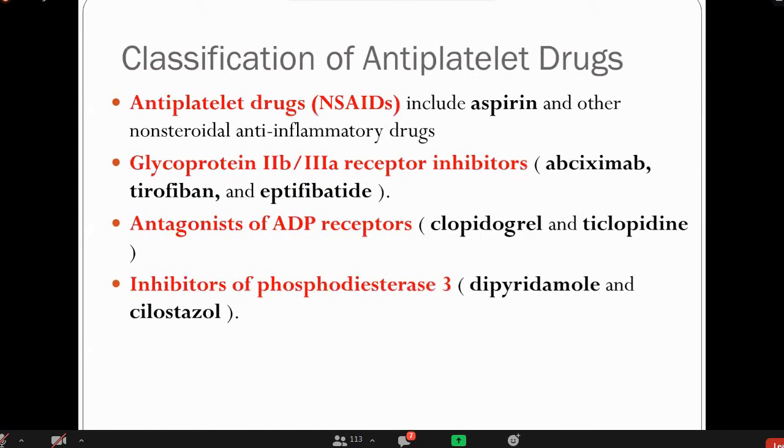Classification of antiplatelet drugs. Antiplatelet drugs like NSAIDs include aspirin, and this is one of the commonly used drugs in our clinical setup. But nowadays the coated form of aspirin is being used. There are multiple reasons why aspirin is used, because it's a cheaper drug. But if we just use plain aspirin, there is an increased chance of ulcer. So that is why the coated form of aspirin is available, to reduce the ulcer,